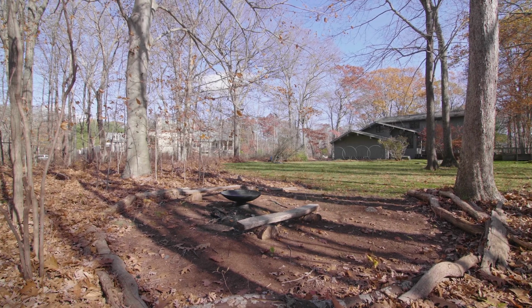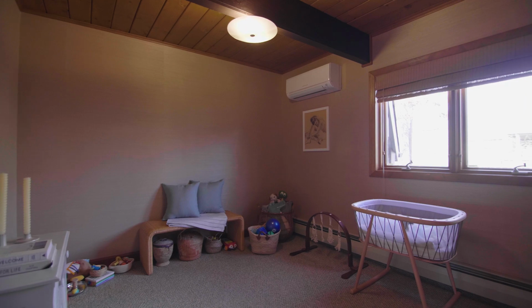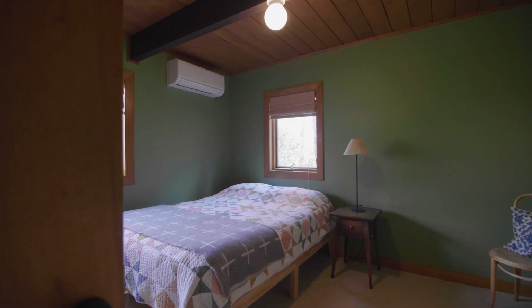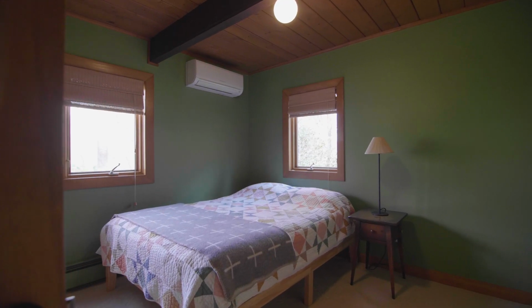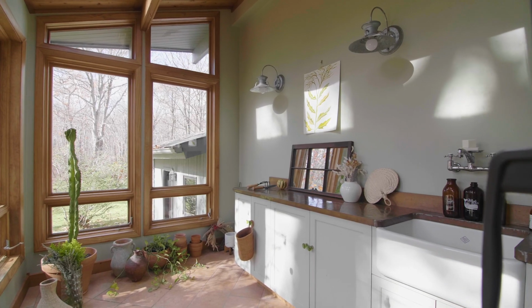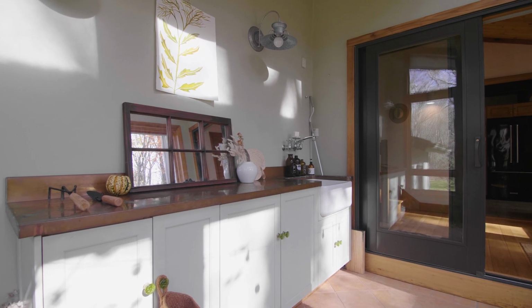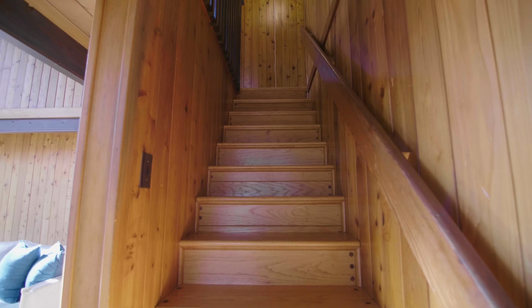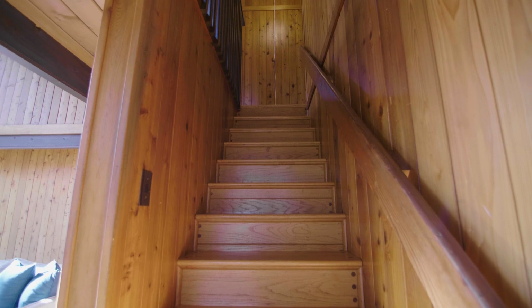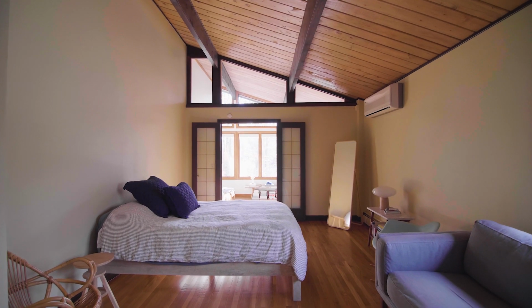Return inside where a first-floor bedroom, full bath, and den or potential 4th bedroom allow for a luxurious 1-floor living. A greenhouse with a built-in utility sink, a laundry, and mudroom are the pleasing finishes to the main floor. The open modern staircase leads to the 2nd floor, boasting a cathedral-ceiling primary suite with French doors